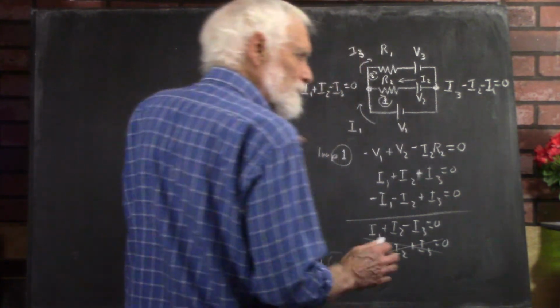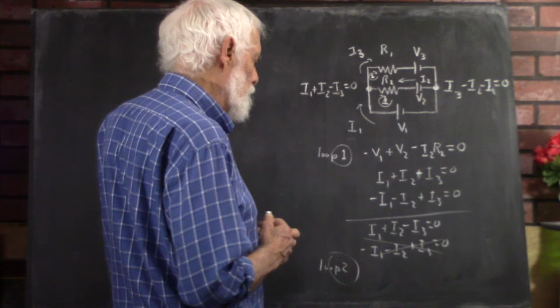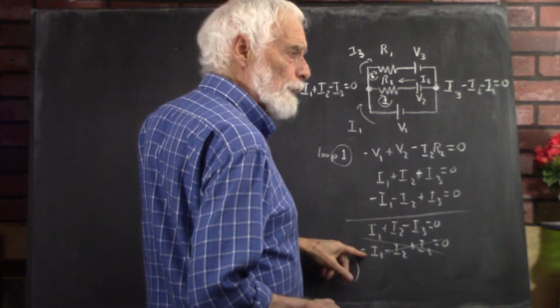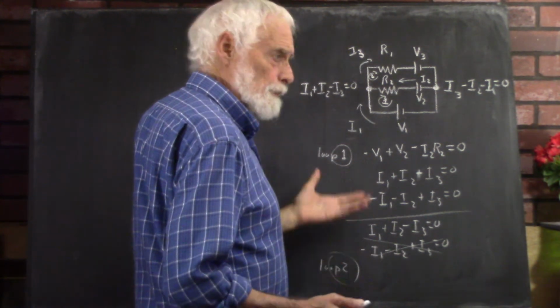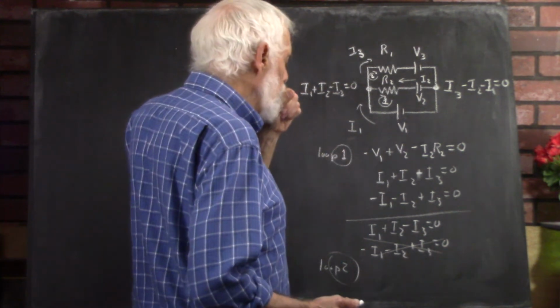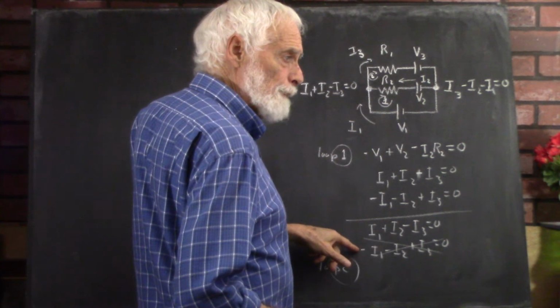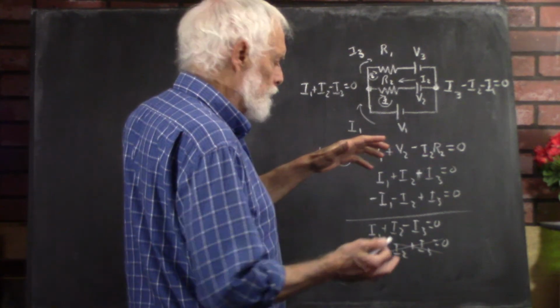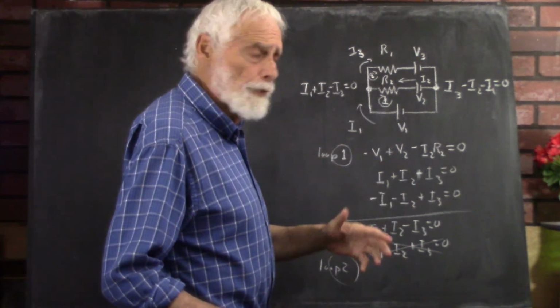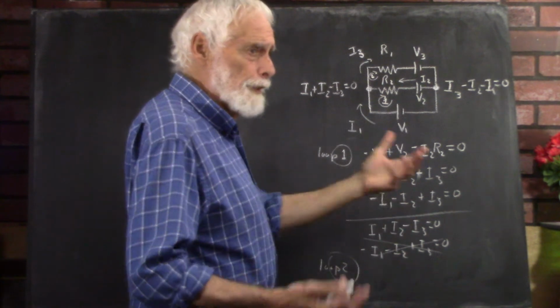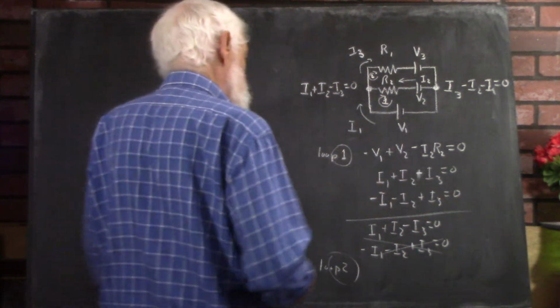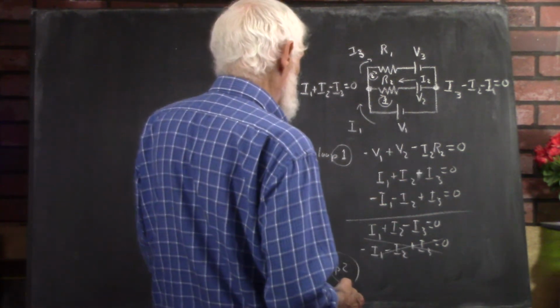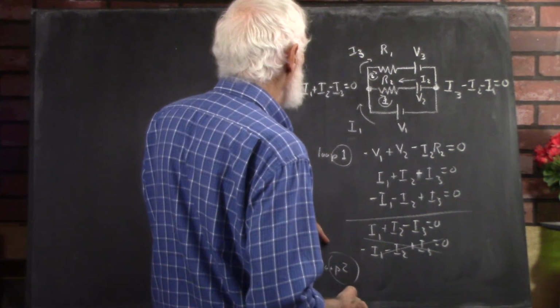Again, I'm not going to go into too much detail about that, but what we find is that one of the equations is going to, if we do a row reduction or whatever, reduce to 0, or this is a multiple of this. If we try to do the inverse matrix, one of the rows is going to be a multiple of the other. The rank of the matrix is going to be less than its dimension, and we're going to be out of luck. Okay, so we set up the equation for loop 2,